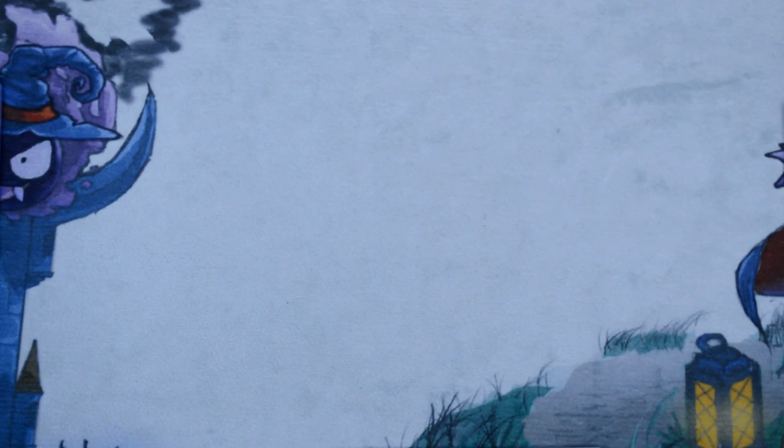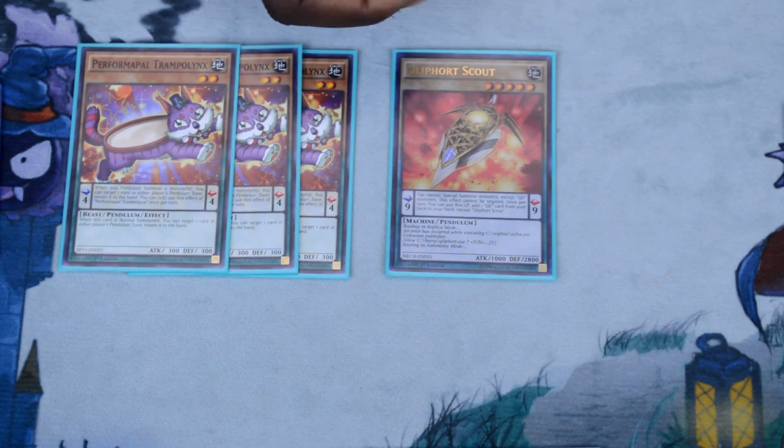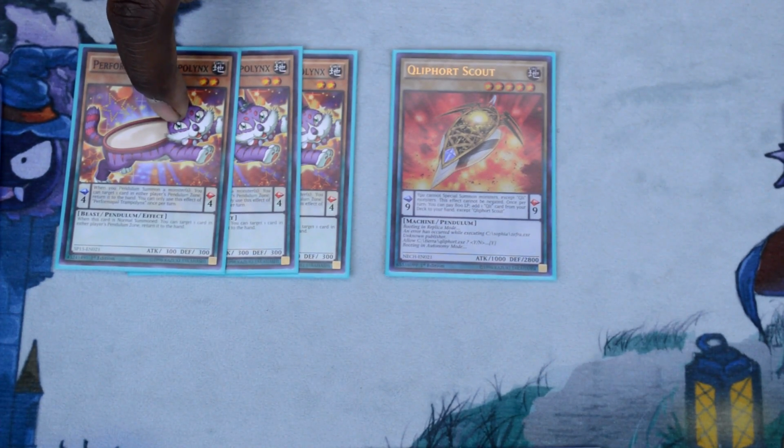Now, a change that I did make between the game that you guys saw, and again, if you haven't seen that game, then check it out. And this deck profile was that we play 3 copies of Performer Pro Trampolinx. This is the card you want in the scale, and it has a really good effect. While it's in the scale, if you pendulum summon, you get to return a card in the scale to the hand. So basically, after activating your Qliphort Scout searching, playing this card in the scale and then pendulum summoning,